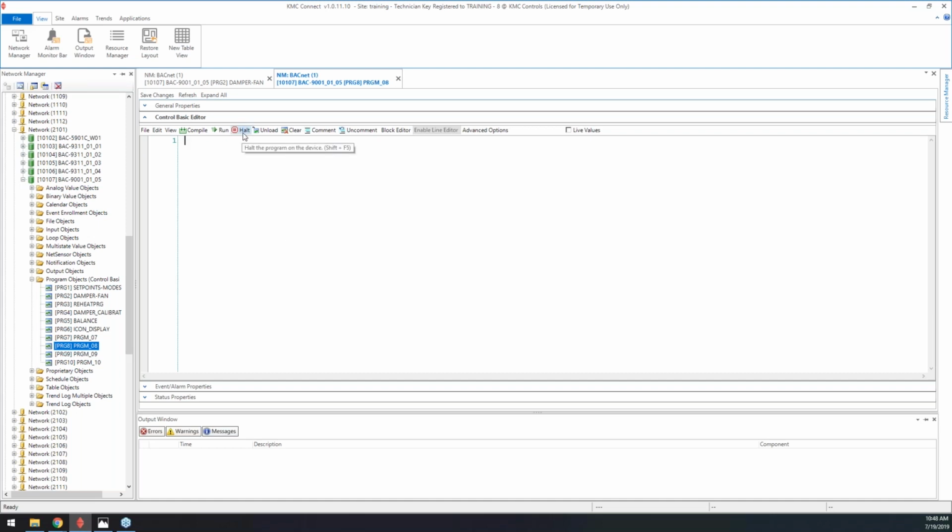Halt just means halting the program. Unloading it means it takes it out of the memory of the controller. It stays in the file. Clear, they've added a little prompt here, but you can clear the program. Sometimes guys say, well, I don't want any of this programming from the factory. So you just hit clear and it'll wipe it out, and you can start over doing whatever you want. But it will wipe it out and it's gone. You have to go to the resource manager to